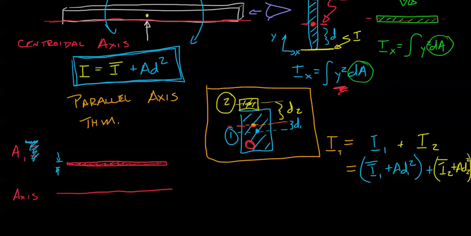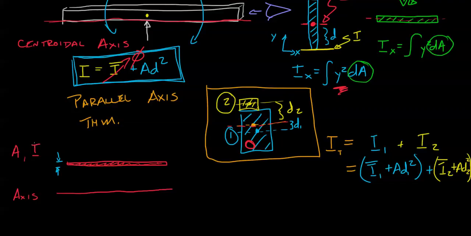I want I. Here, let's erase that. It's just I. Okay. Now, if we make that distance really, really small, what's going to happen when we integrate y squared dA? This term right here is going to go to zero. It's going to have an insignificant amount on its own,